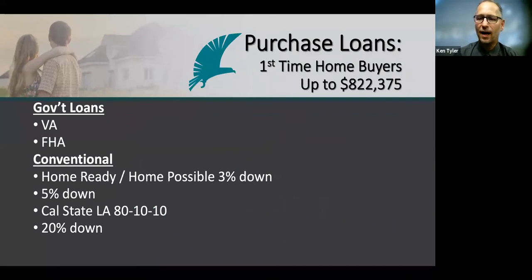So we've got lots of different purchase loans here. Let's go ahead and tell you what I based this on. I based it on a 620 middle credit score, and I based it on a loan of up to $822,375. That sounds like a pretty random number, and where that number came from is Fannie Mae and Freddie